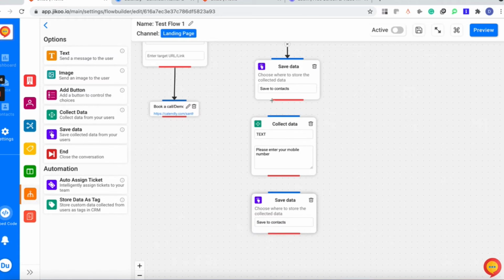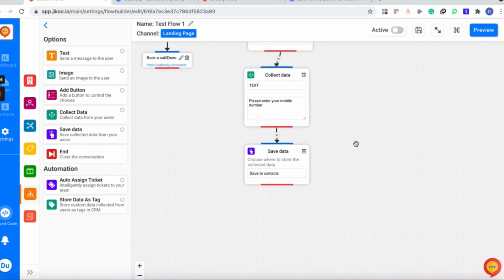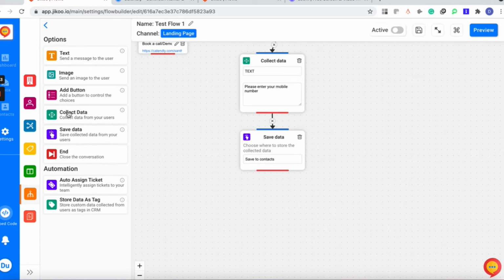You can connect the points. And I would like to collect one more data as well. That would be my final data. So click on collect data again. This time we are asking for email address. Click on email. Connecting the points again.